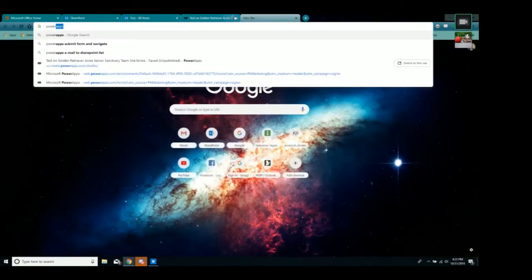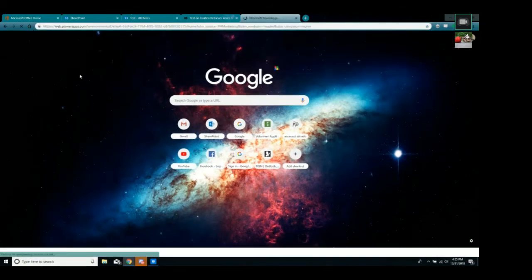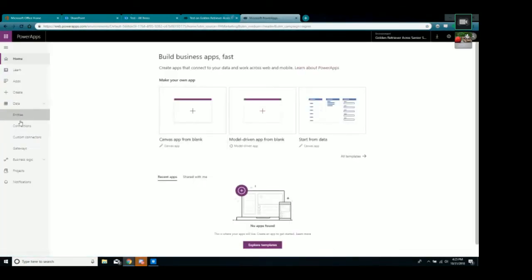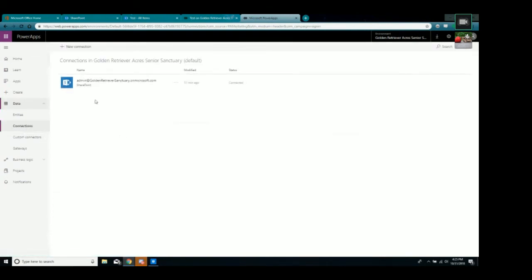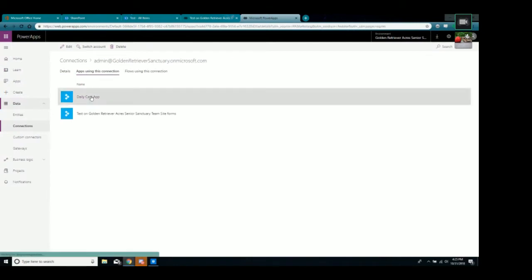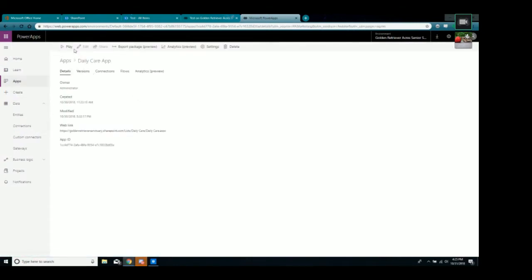Powerapps. And you guys can do this as well. So as long as you promise you don't mess with my stuff, like don't change anything, but you guys can definitely come in here if you guys have issues and you can see how I coded some of my buttons. That way you don't have to look it up online like I painstakingly had to. So we're going to go to the Daily Care app and we're going to go to web link,